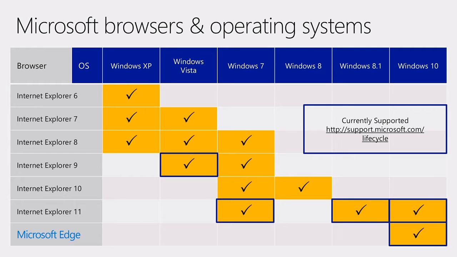Our message to customers about line of business applications is that upgrading your line of business applications to modern web standards obviously makes the most sense. But you can use backward compatibility and continue to use Internet Explorer 11 as long as you need to. To put that differently, you can upgrade your web applications on your own schedule and not on a migration schedule or on Microsoft's schedule. So we continue to support Internet Explorer 11.